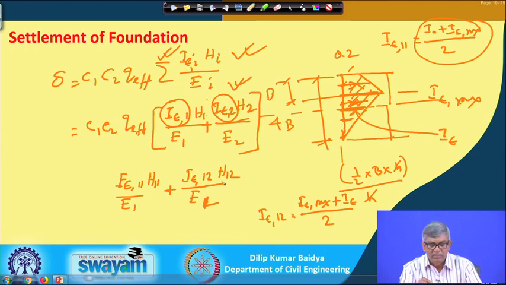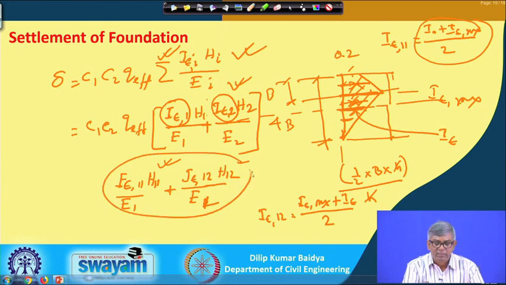So, for that actually what I will do, I will find out this first and these all three are known. So, I will be doing I E 1 can be obtained this way, I E 12 can be obtained this way, then finally substitute here and I know what is the height here, what is the height here. So, multiplied by this and this, then I will get the ultimate component for first one and then second one. So, like that I will add and that multiplied by this I will get the total settlement of the footing resting on this two layered soil.